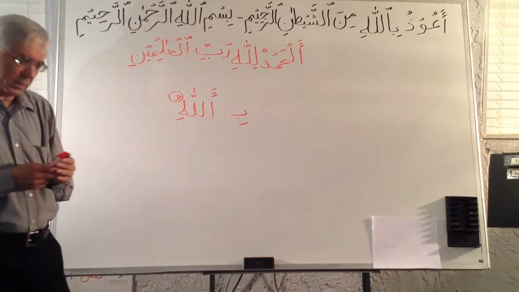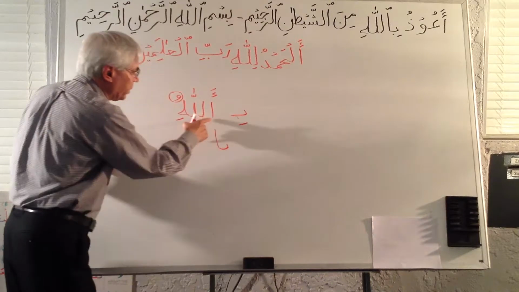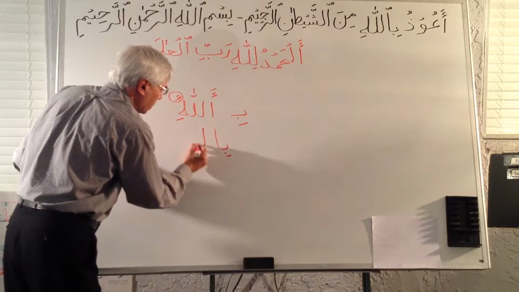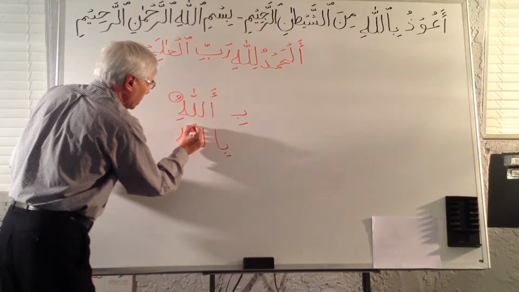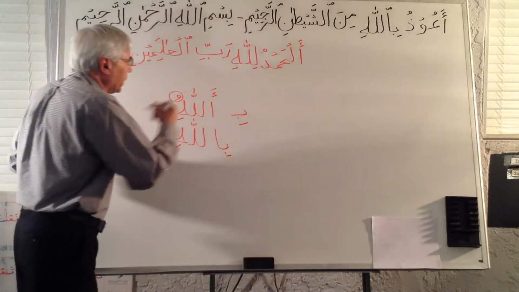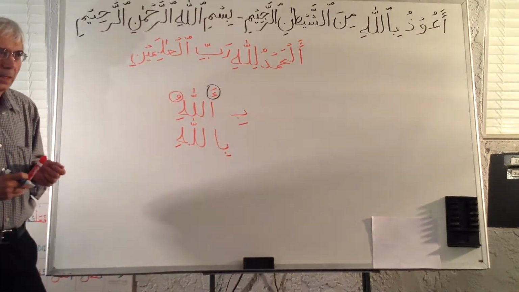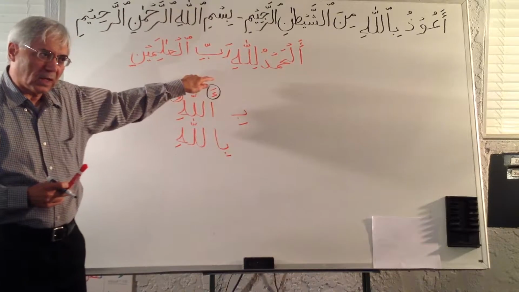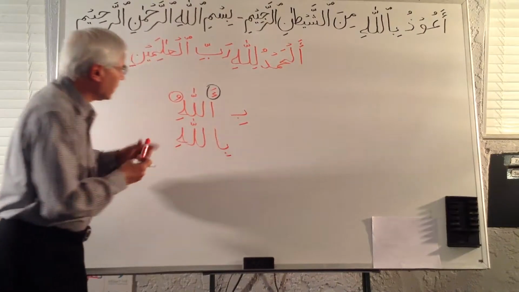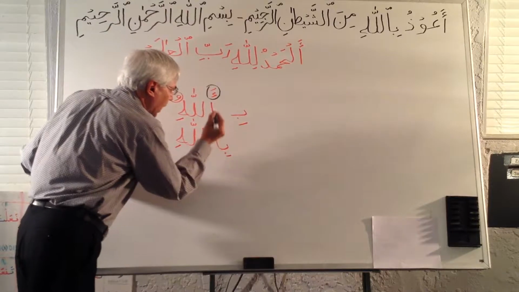Now what do we do in writing? In writing, we do it this way. We combine this B with this alif, but we are not pronouncing the alif. Originally the alif had these two things on top of it, a little hamza and a fatha. Because we are not pronouncing it, instead of writing these two things, we put a little half swad on it.